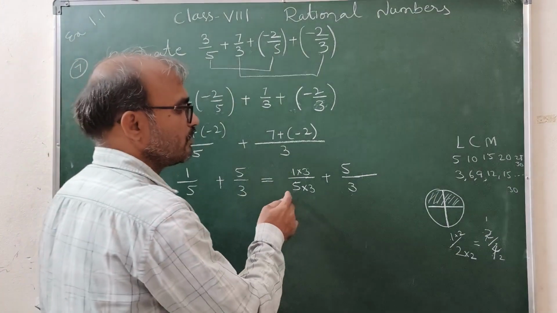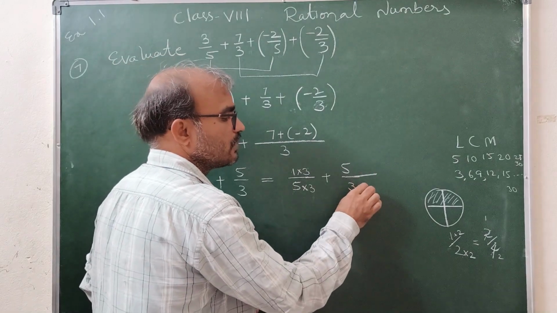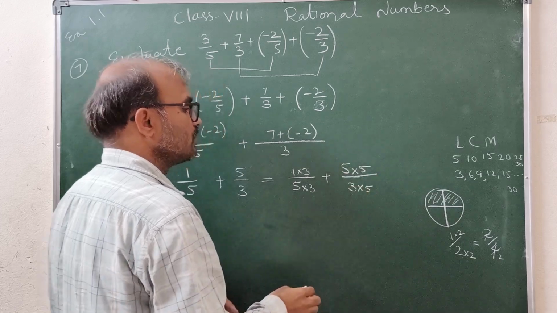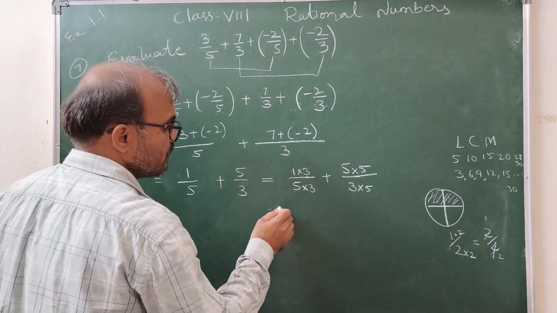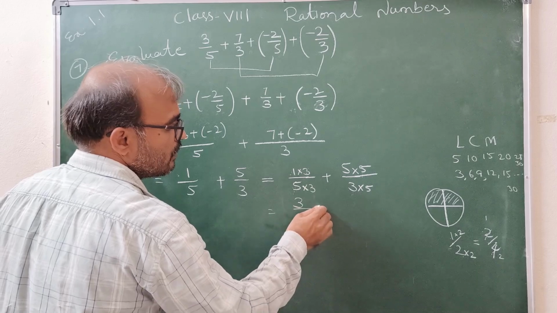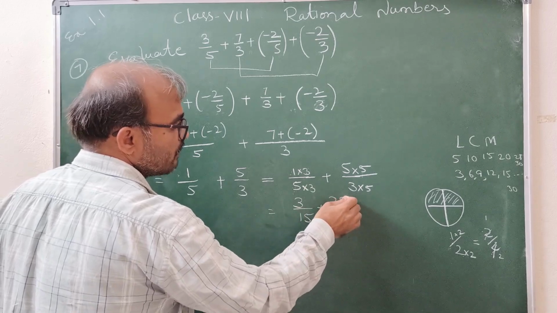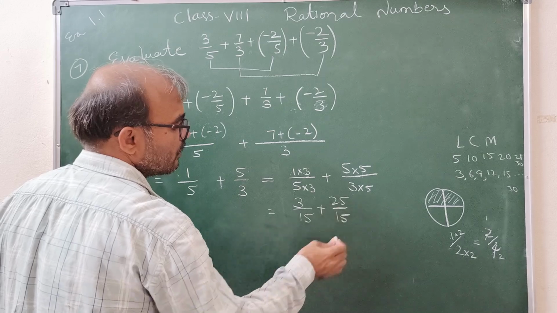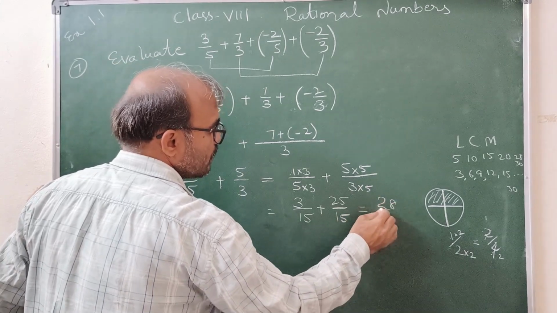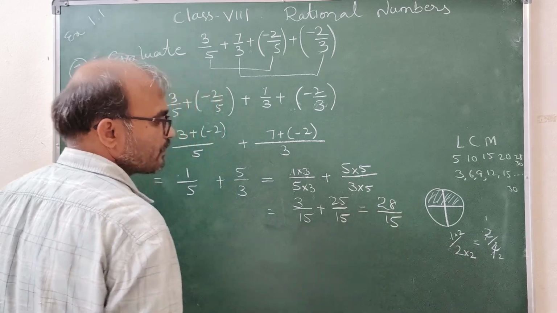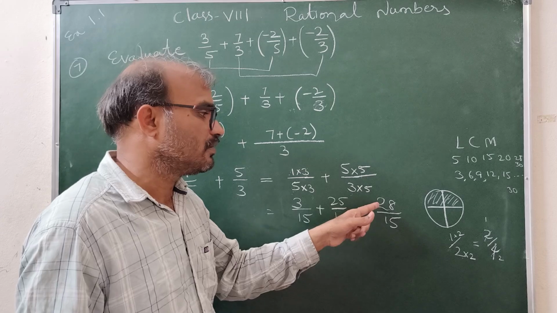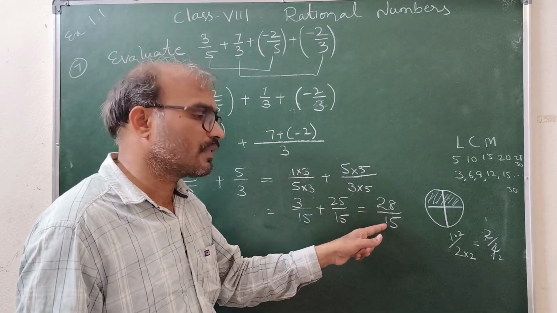Here 5 by 3 is available, so to get 15 in the denominator, multiply by 5, multiply by 5, right? So this is 1 into 3 is 3 by 15, plus 25 by 15, equals 28 by 15. Whenever you see a fraction like this, where the numerator is bigger and the denominator is smaller,